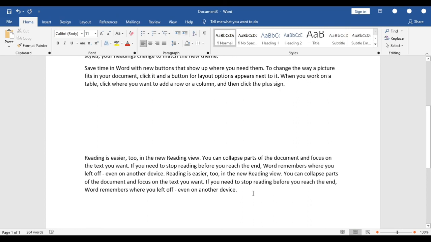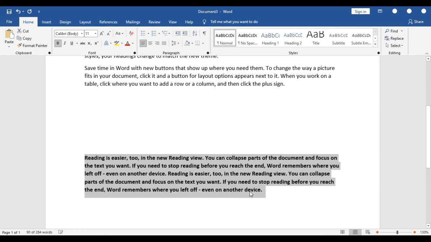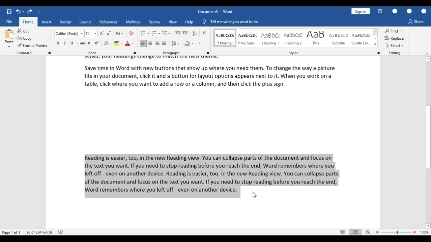How is it applied in MS Word? Let me show you. First of all, you need to apply any action to your text. Suppose that we are making it bold. To make it bold, press Ctrl plus B. Now it is in bold form, and if you want to undo this action, simply hit Ctrl plus Z. That's all.